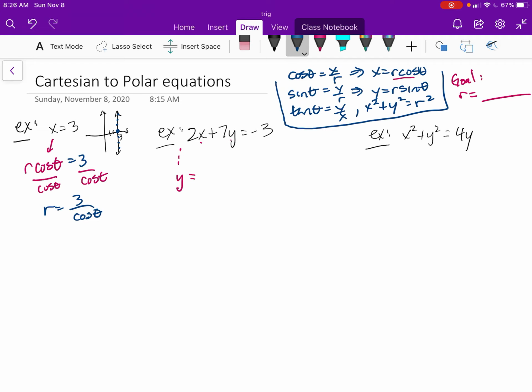Now, remember, just like in a Cartesian, we have two variables, an independent variable and a dependent variable, x and y. And as x changes, y changes. Same thing here. As theta changes, r will change. So you start to substitute different angles in for theta, and our r will increase. The larger theta becomes, r will increase as well. Create a bigger angle, we have a larger r. Up until